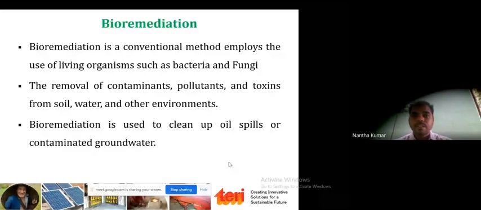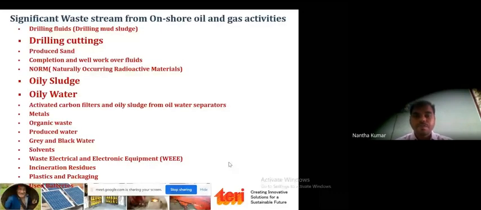There are also a lot of technologies currently in practice, like physicochemical methods and conventional methods. We can use any method which is suitable for the treatment of such waste.